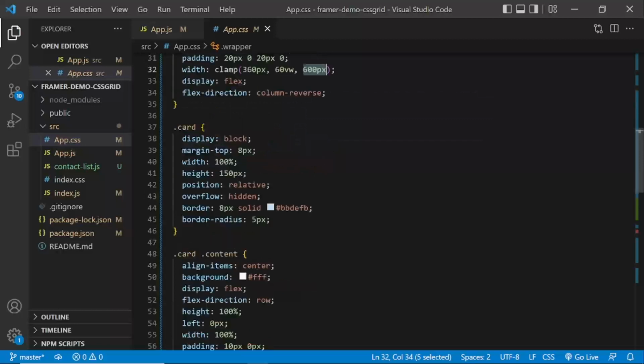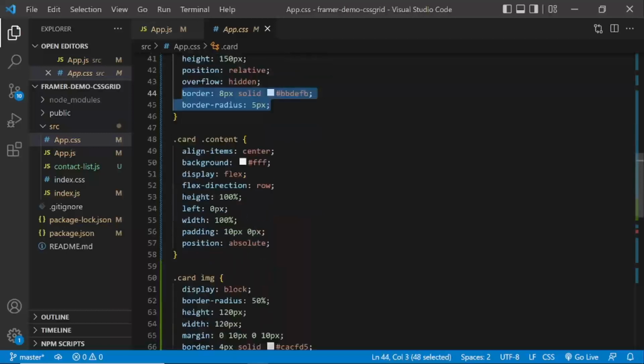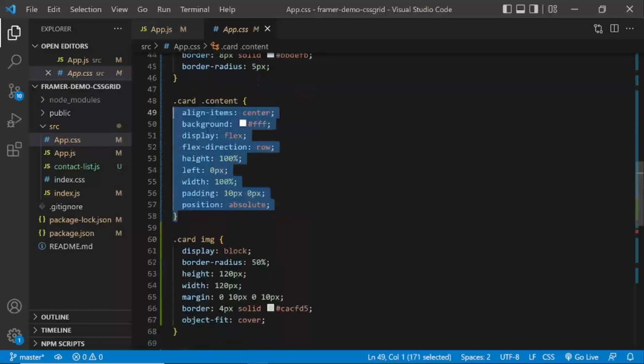Then each card will have a width of 100%. It's got a fixed height, we have overflow hidden, and we've got some border radius and stuff like that. Then we've got some styling for the content, and basically we've got 2 items in the content, and we're doing a little flex layout there with direction row.